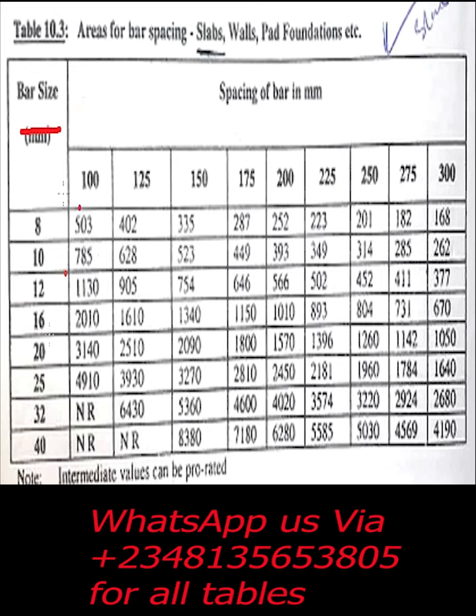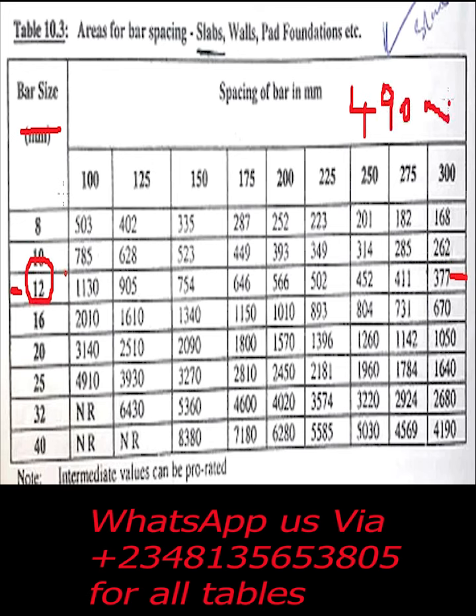That's the area required. So if we are using 12 mm reinforcement for main reinforcement, you provide your area from this table, and the area to be provided should be higher than the area gotten from design. If assuming we got 490